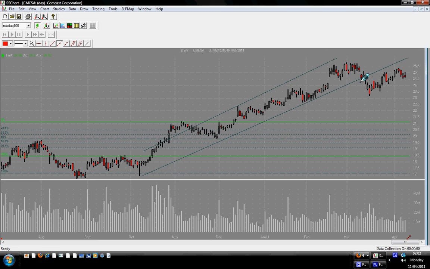In most cases, the price will come out of the channel and then try to retest it as it comes near here. That's why some people sold it down. But again, here you see the price continue the movement to come near again, and people sold it down. This can go on for some time, because as soon as the price comes out of the channel, the price can start a new channel below that. It happens sometimes. But people think that as soon as the price is out of the channel, that's it. No, it's not always like that. You can see now it's in a new channel here, going up for now.